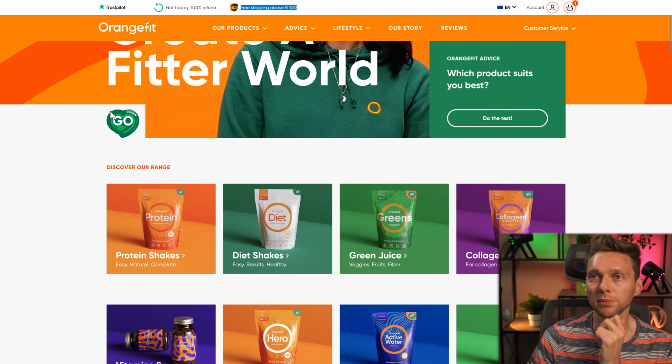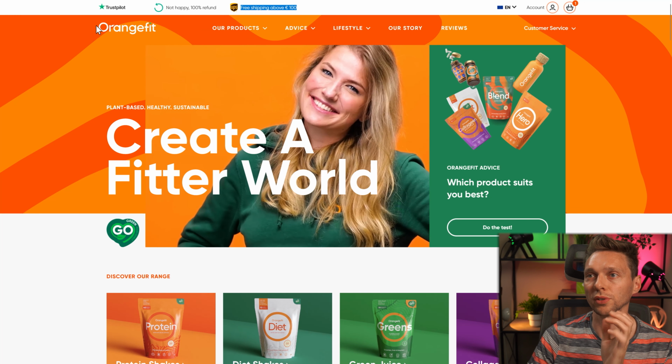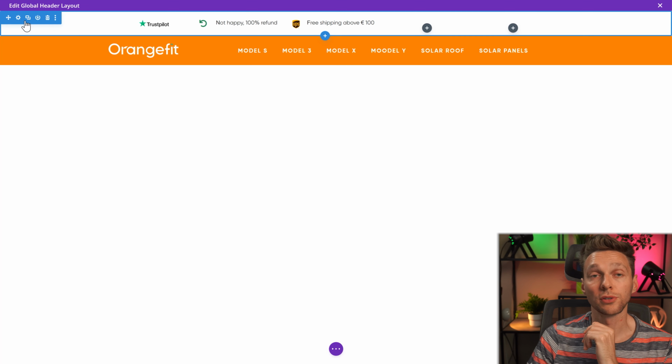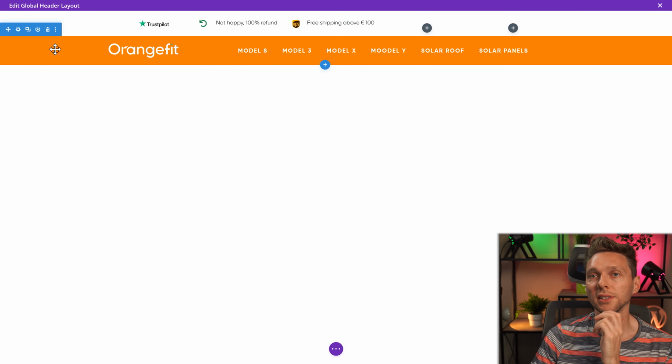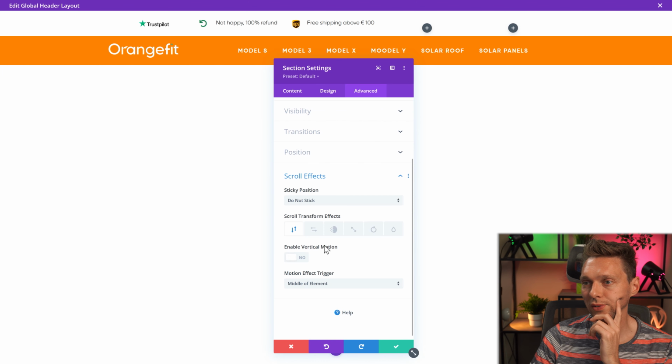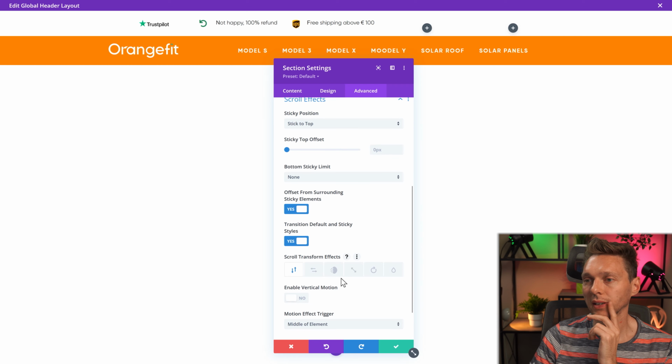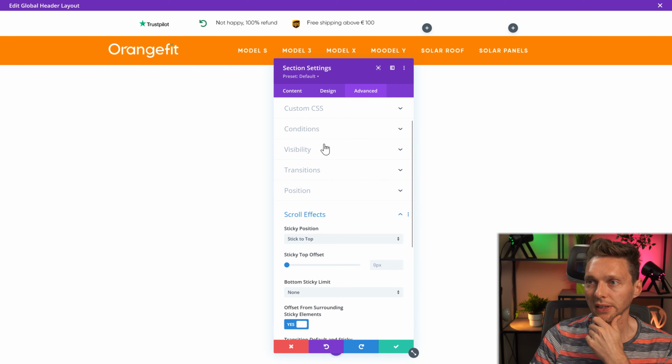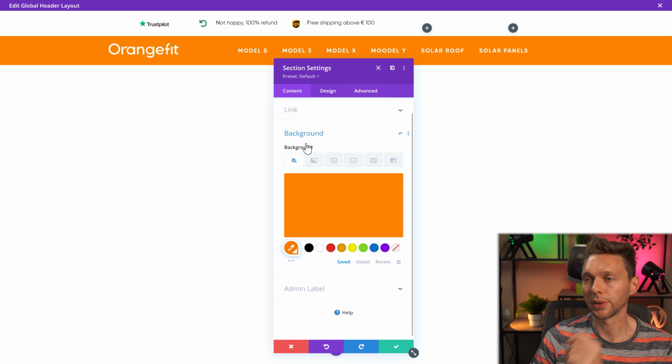What I like about this menu is that when you don't scroll, it is just transparent. And when you do scroll, it is orange. How are we going to do that? Well, it's actually pretty easy if you know how. This thing will be advanced scroll effects. Stick to the top. And now when we have sticked it, then you can go to content, background.